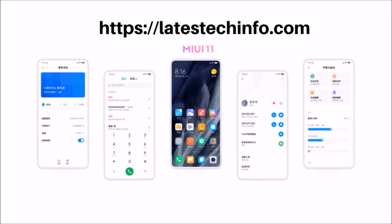These Redmi devices will get the MIUI update in the third and last phase, between 13 November and 29 November. Redmi Note 8 Pro, Note